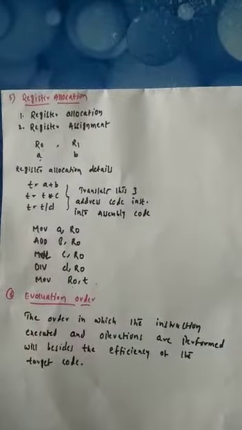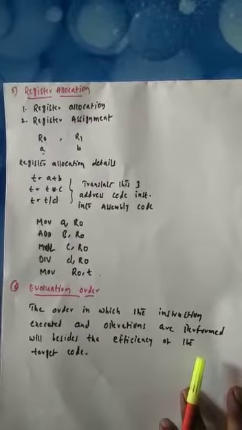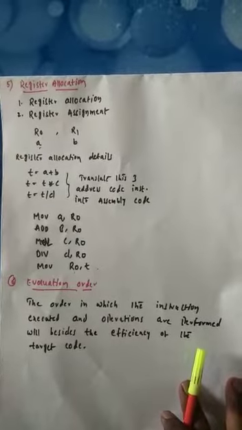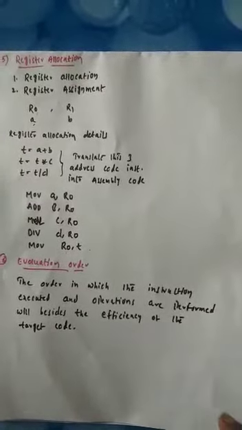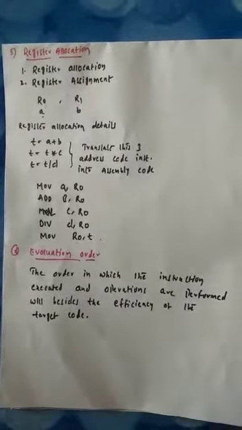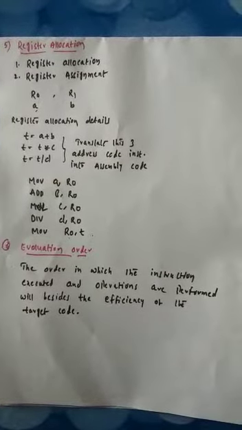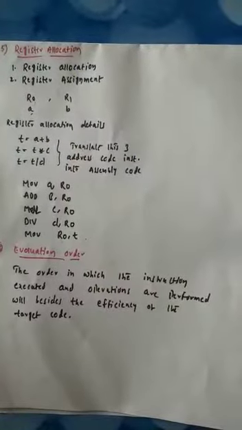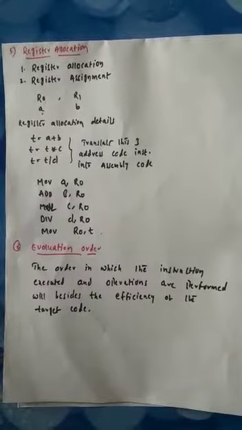And the fifth one is register allocation. In register allocation, we want to perform a large number of operations, but we have a limited number of registers. The problem is that with the limited number of registers we have to perform more operations. So here the register allocation can be done using two different types. The first one is register allocation and the second one is register assignment.